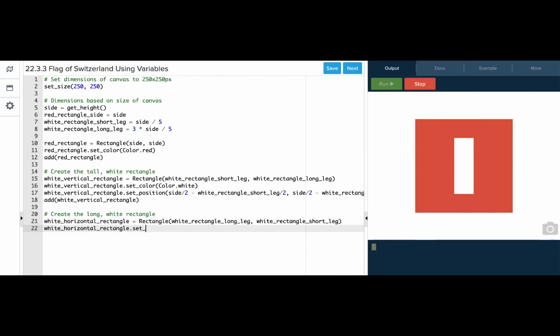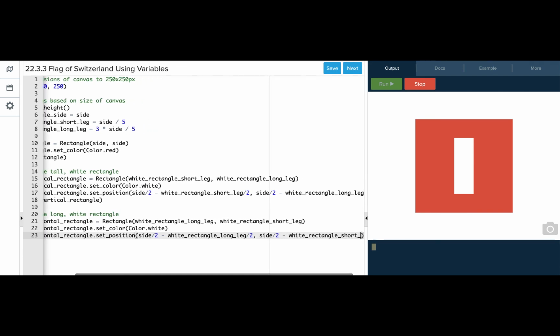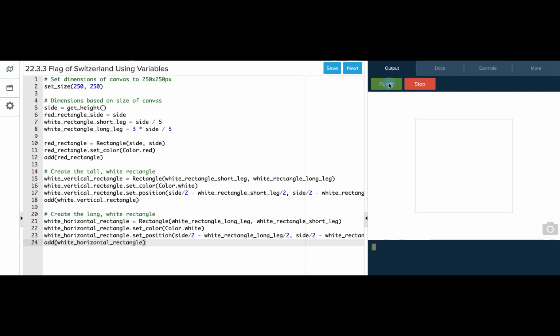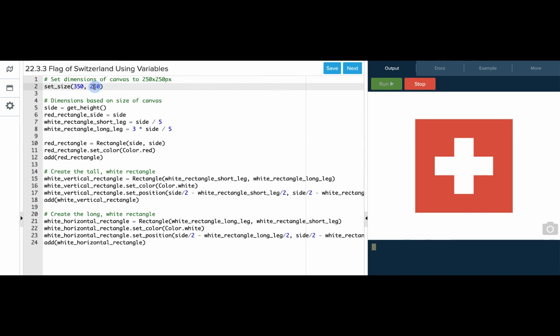We want to set the color to color.white, and we want to set the position using now our horizontal rectangle position. So that's going to be side divided by 2 minus white rectangle long leg divided by 2 for the x. And for the y, we're going to use side divided by 2 minus white rectangle short leg divided by 2. And let's add that horizontal rectangle. Perfect. And if we size back up,